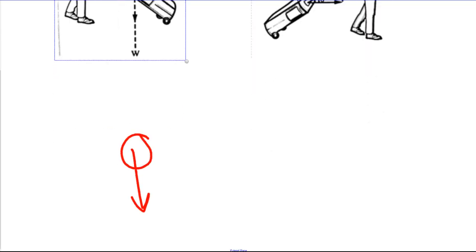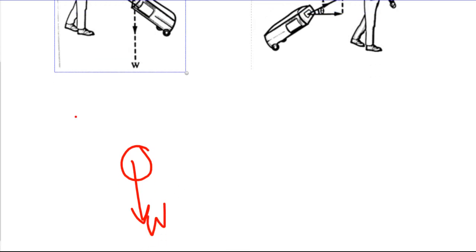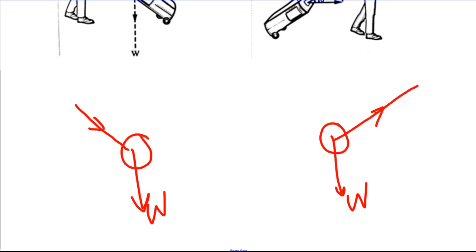It has a weight here, and the acting force is in this direction, inclined by an angle. And we have the object here, and here is the weight, and the person is lifting or dragging